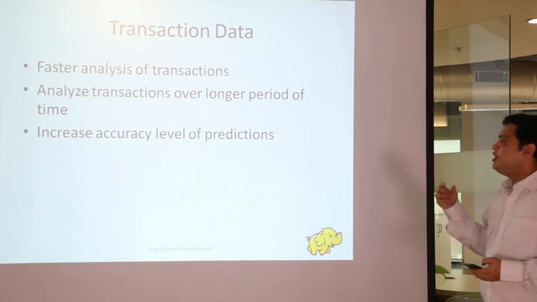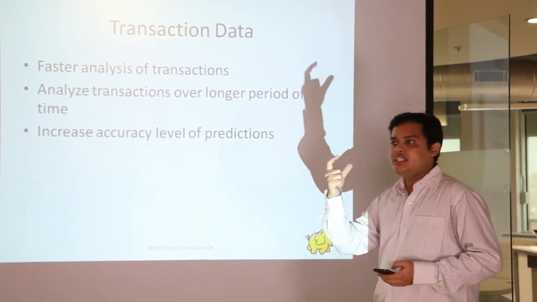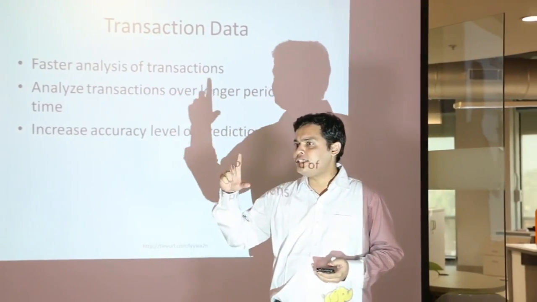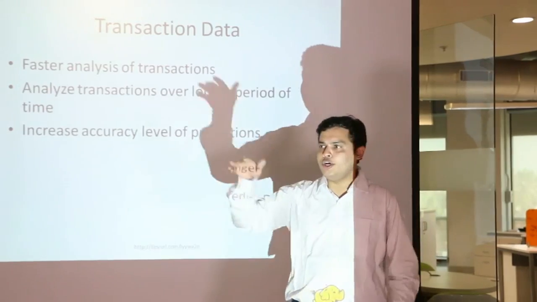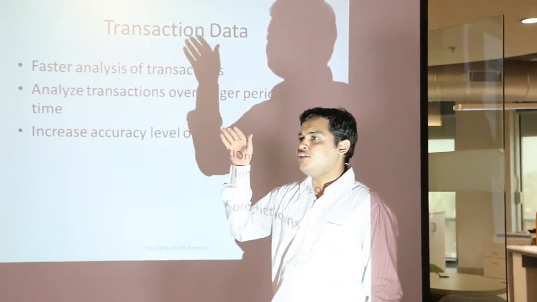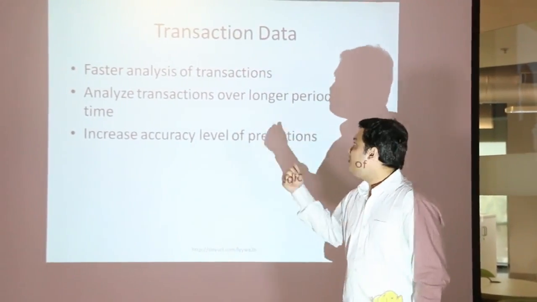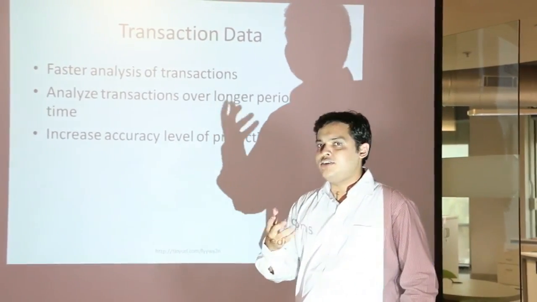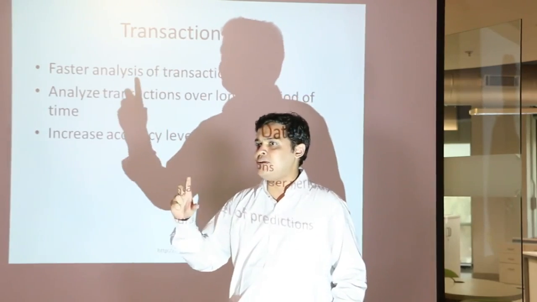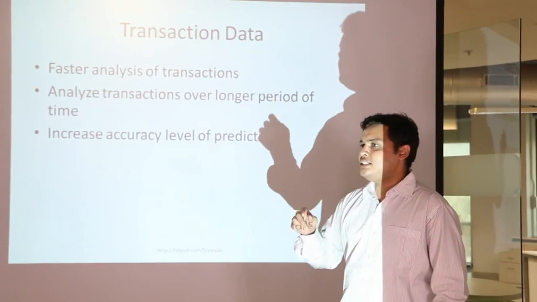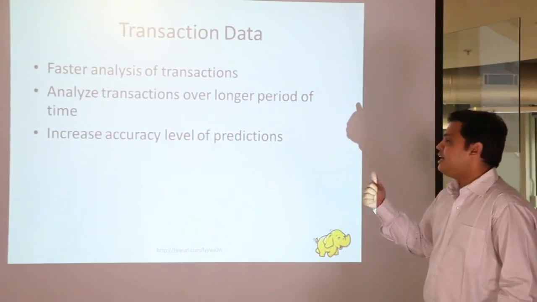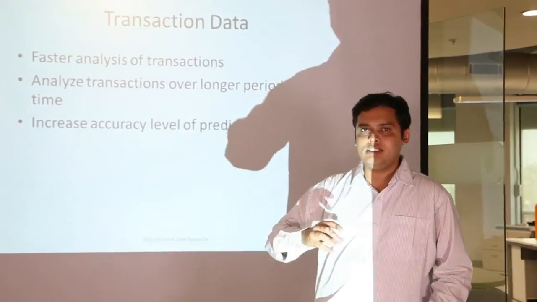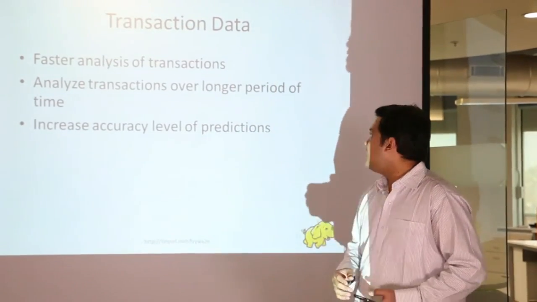When you say transaction data, right now we do our prediction modeling on a sample set. Imagine if we could do it on the full set, which consists of TBs of data. Big data will give you much faster analysis for those transactions. You need not work on a sample. If your data size increases, the accuracy will also increase. That's how transaction data can be used for big data: instead of sampling, just take the whole piece and process that data.